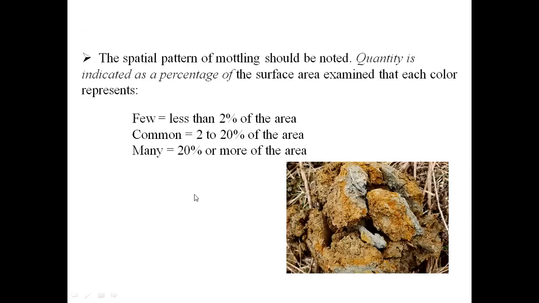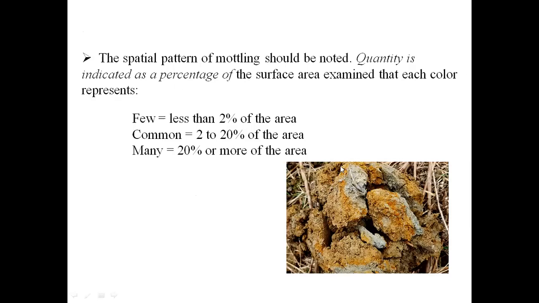Well, students, quantity means especially the subtle array pattern of mottle should be noted. If I show this mottle to a particular BSc student, he will just see the mottle and note down the color using the Munsell color chart. But being master's and PhD aspirants, you should see another character called quantity, which is indicated as a percentage.